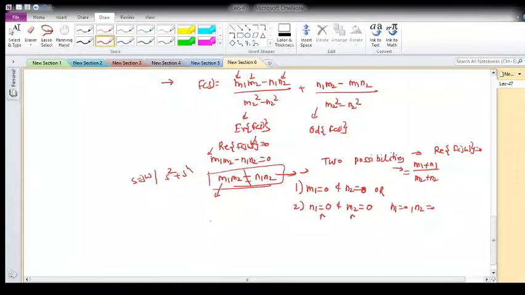So to have the real part of F(jω) be zero, that is to have the LC impedance function, what should be the case? It should be the ratio of either even by odd or odd by even, since m1 is 0 in one case and n1 is 0 in the other.